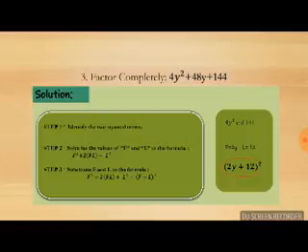Factor completely 4y squared plus 48y plus 144. Step 1. Identify the two squared terms. So the two squared terms are 4y squared and 144. Step 2. Solve for the values of f and l in the formula f squared plus 2fl plus l squared. So the value of the first term is 2y, since we have to get the square root of 4y squared. And then, by getting the square root of 144, the value of l is 12. Substitute f and l in the formula. F squared plus 2fl plus l squared is equal to the quantity f plus l squared. So the final answer is quantity 2y plus 12